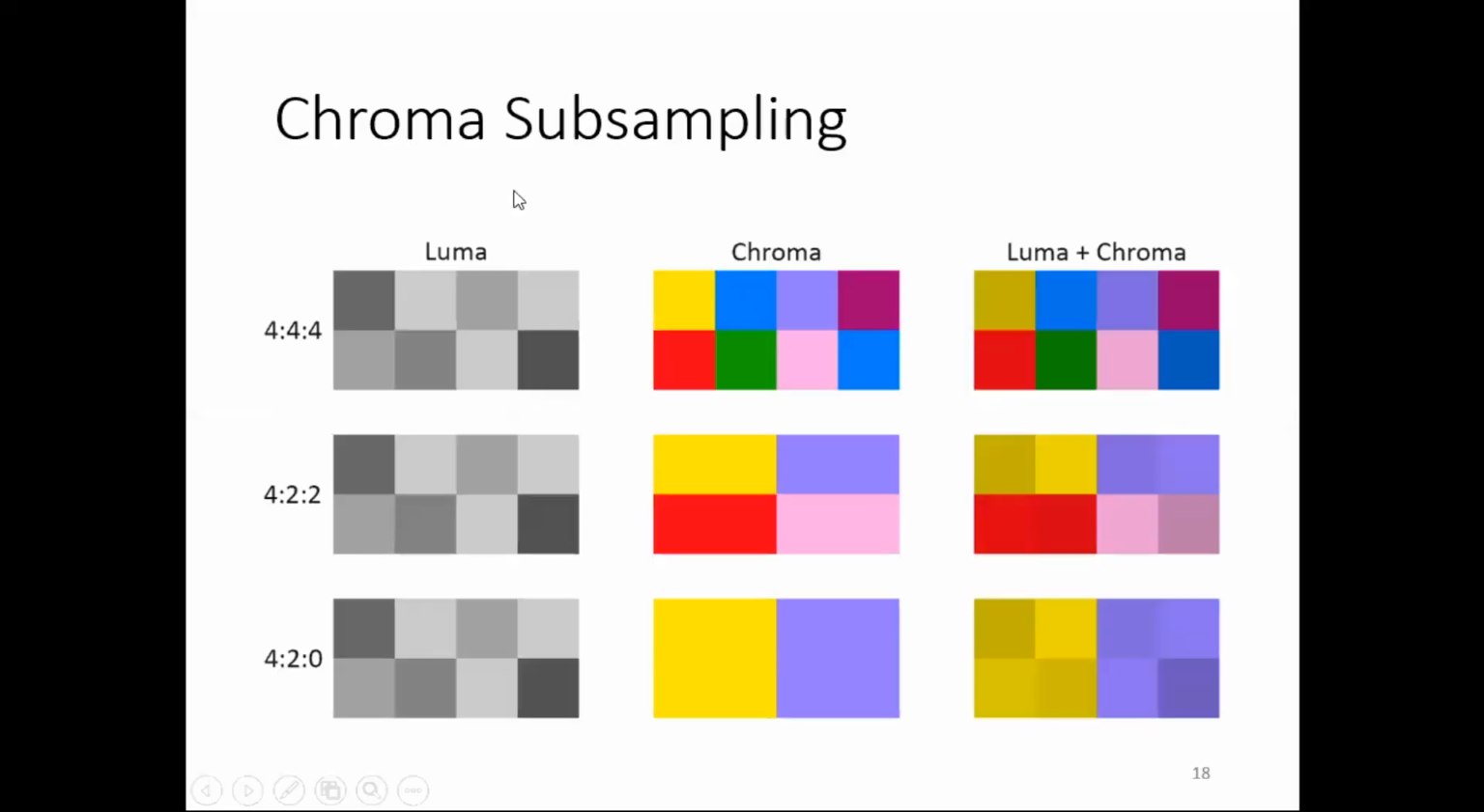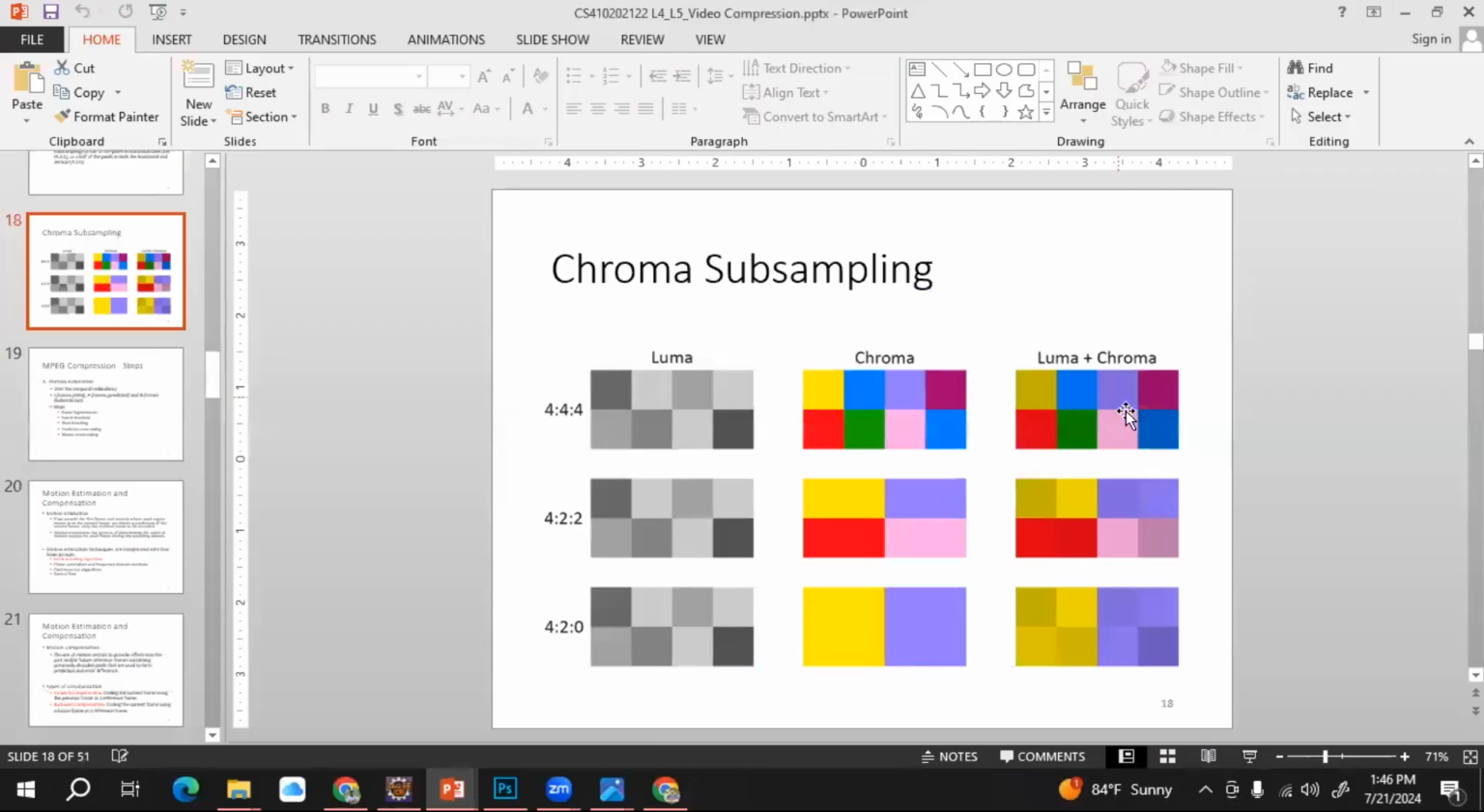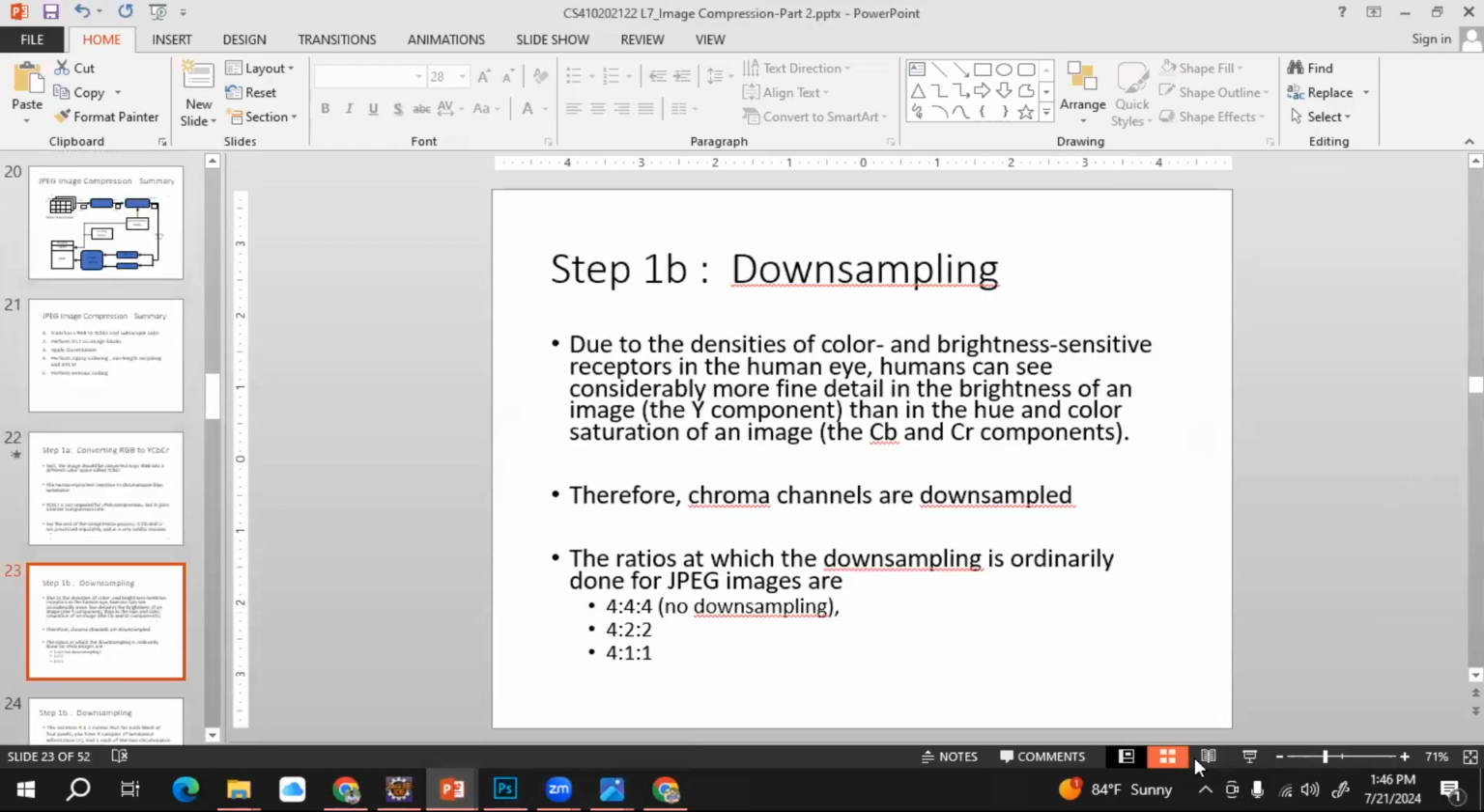You can see, first take the luma part and chroma part, then the chroma part will be reduced and finally come up with the luma plus chroma. This is the downsampling or subsampling, right? When you see this notation,